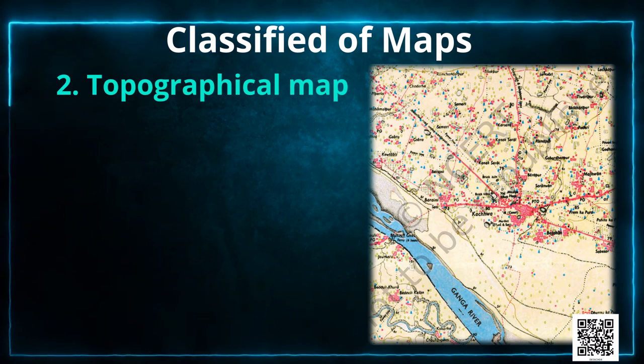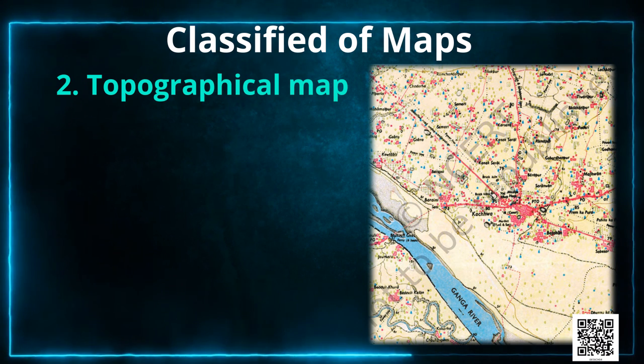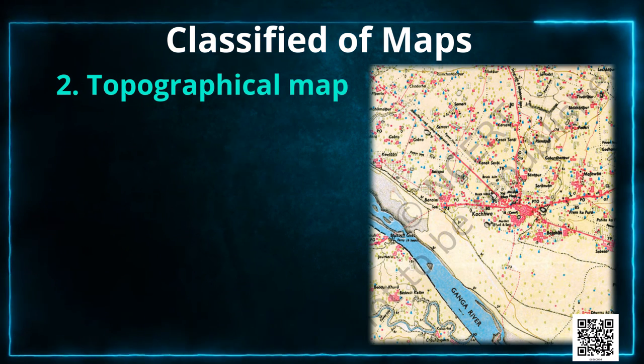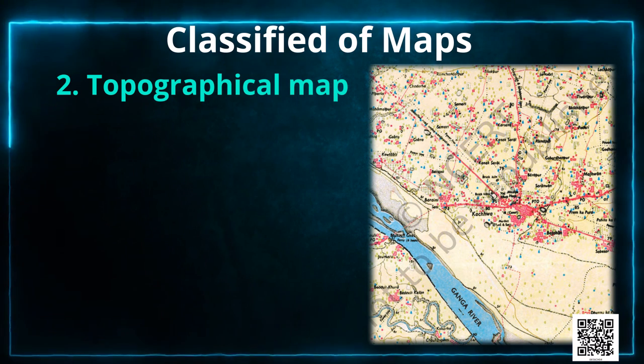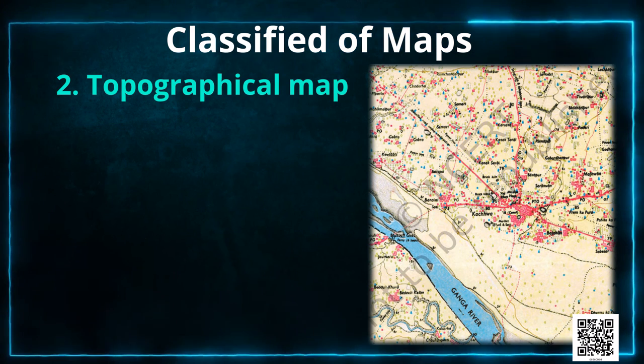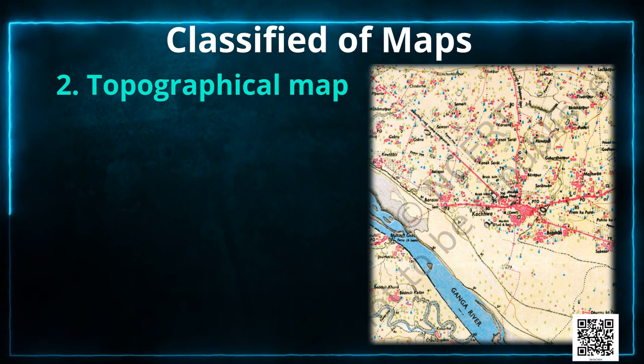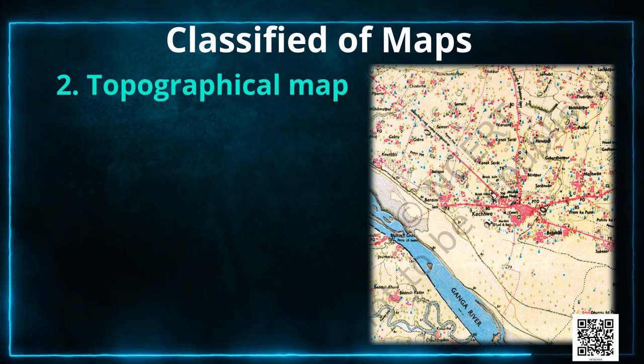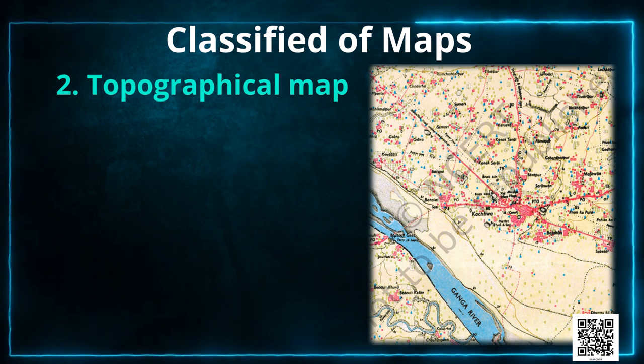And topographical maps, these maps are based on precise surveys. These maps follow uniform colors and symbols to show topographical details such as relief, drainage, location of school, post office,